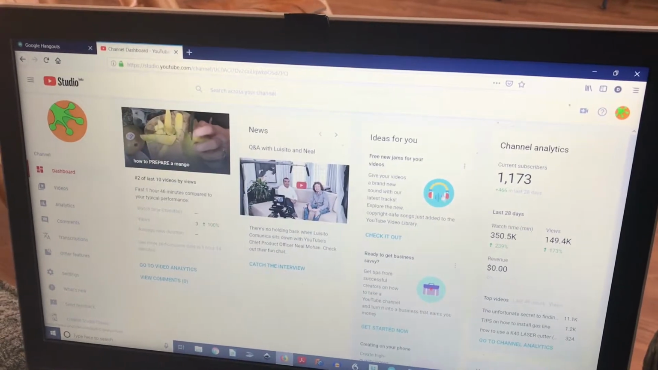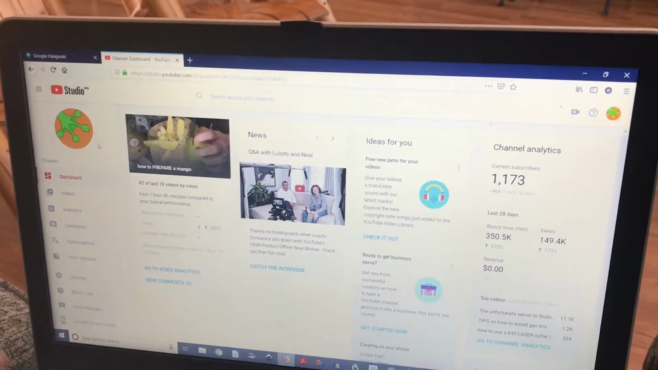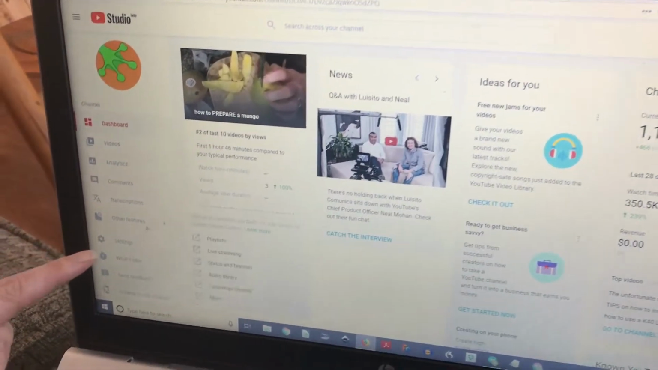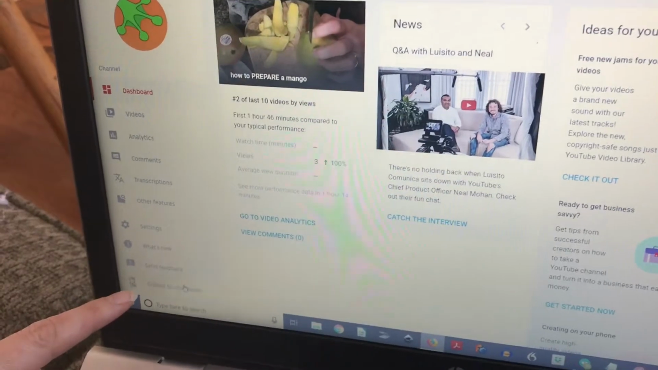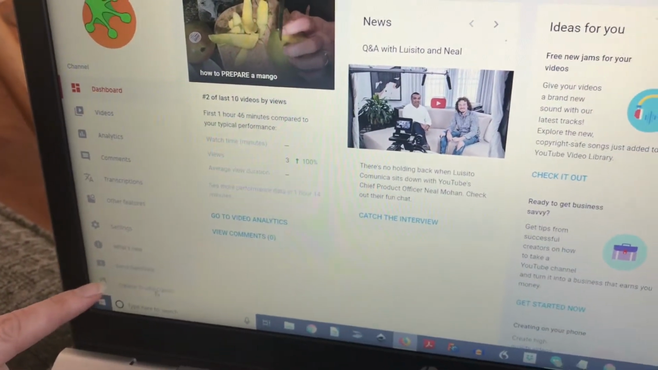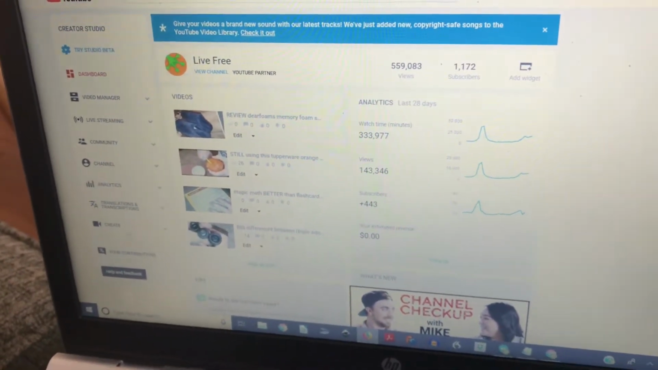But if you want the bulk action of how to monetize all your videos at once, you want to come over to this left side menu and come all the way down to the bottom. You need to go into Creator Studio Classic. And that is going to get us what we need, because if we go into Video Manager,